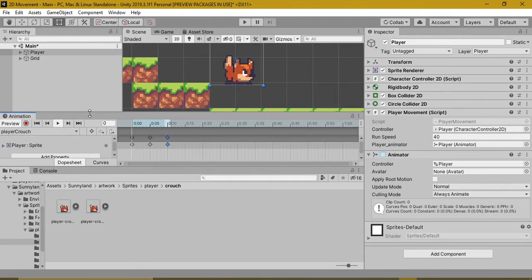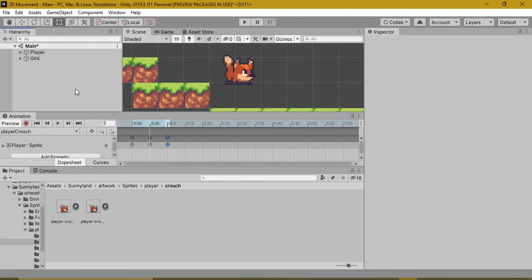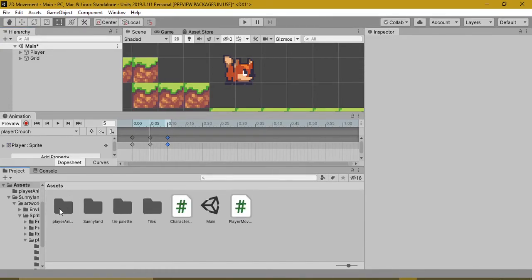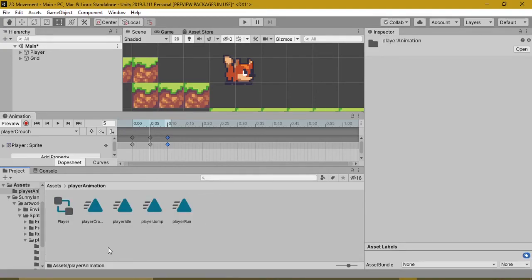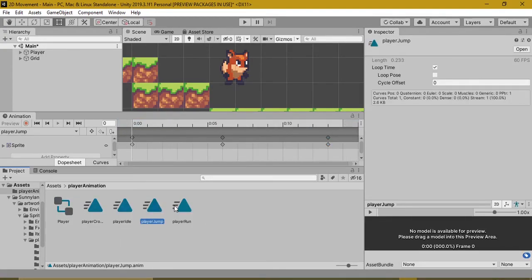So this looks fine. So now let's go to our player animations folder. Now you can see there are 4 animations which we made.